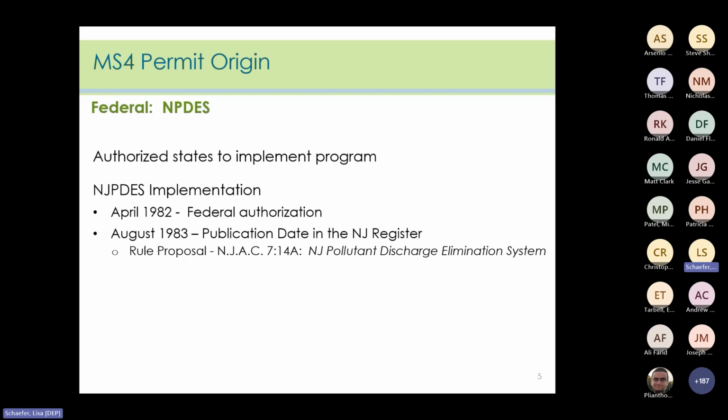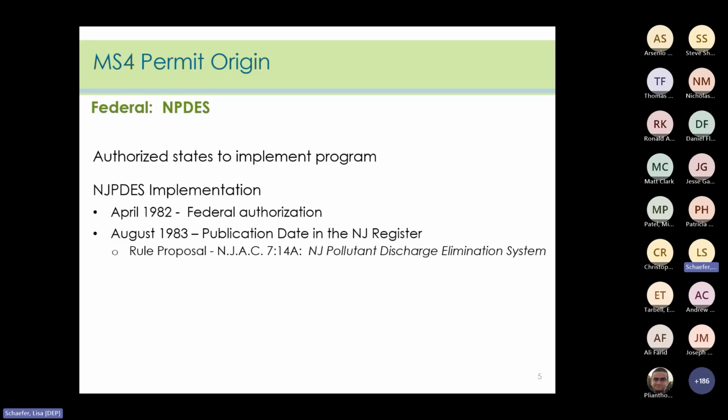NPDES also established requirements for what a state must do to obtain federal approval to implement and operate its own program. And in 1982, New Jersey received federal authorization to implement various NPDES program components, including those for a state pre-treatment program to regulate federal facilities and issue general permits. This program is known today as NJPDES for short. This is the framework through which NJDEP regulates the discharge of pollutants to the surface and groundwaters for the entire